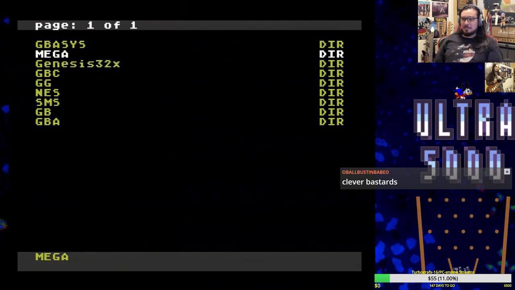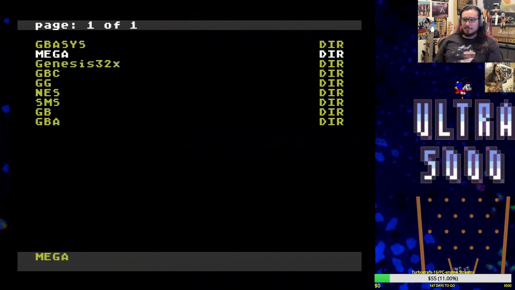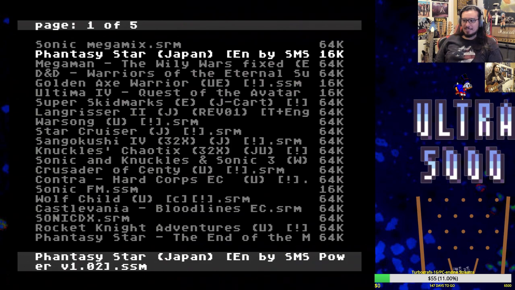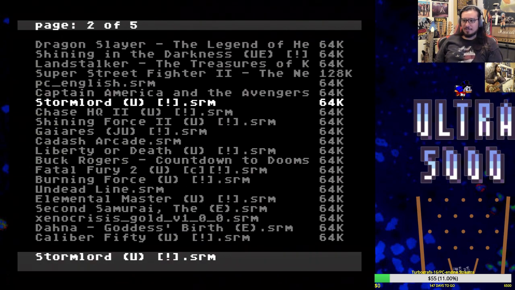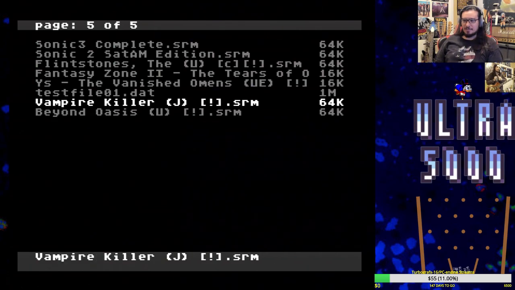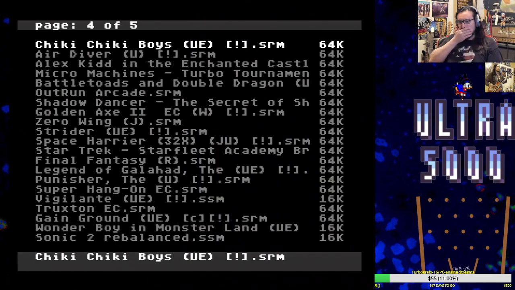Okay, so if we look at the menu on the EverDrive here, I can see that I have this save data for all these games that I've played, including Phantasy Star on the Master System. Like, it's all here, right? And including, like, Beyond Oasis, right? That's one of the newer saves. So the question is...